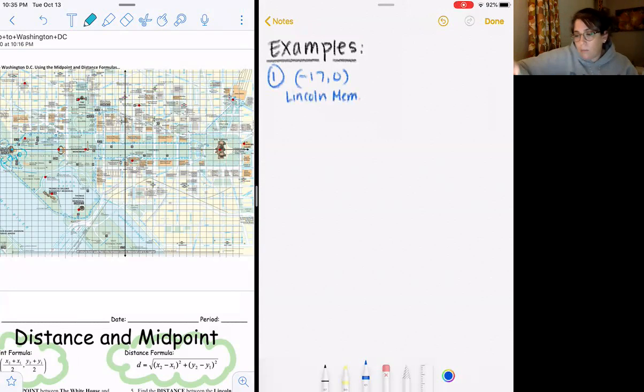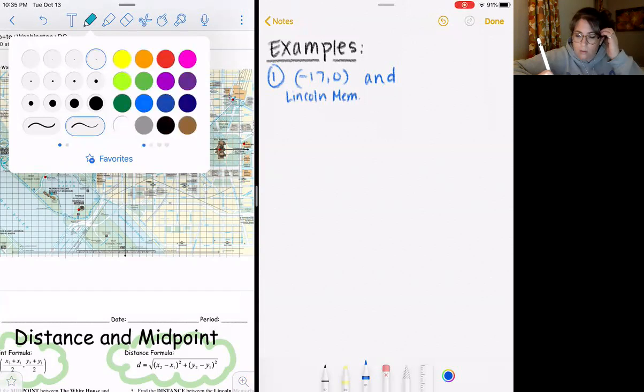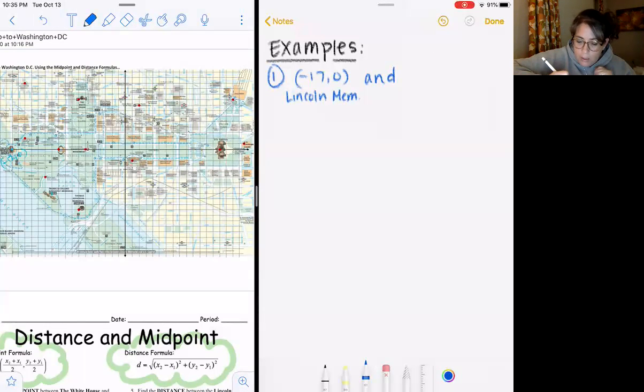Okay, so I love the Lincoln Memorial, and I love FDR's memorial. It's actually one of my favorites. It's so pretty. It has a bunch of quotes because he was super famous for his quotes. So let me change these colors down here because you can't really see it. Red, we already used red. So let's go for this blue, I guess. So we picked here and we picked here.